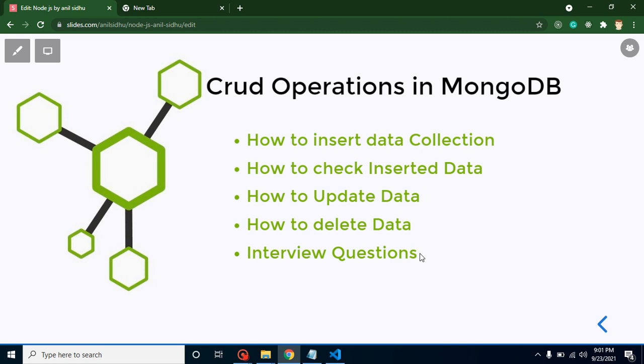My name is Anil. In this part of Node.js, we will learn how we can create a CRUD operation with MongoDB. So first question is, what is CRUD operation? CRUD operation simply means create, read, update and delete operations. Whenever we are learning any database, any language, any framework or any library, at that time we must know how we can perform a CRUD operation in that, and after that we can see that we have the basic knowledge of this framework or this language or this DB.